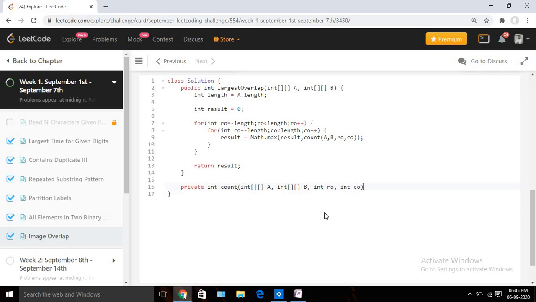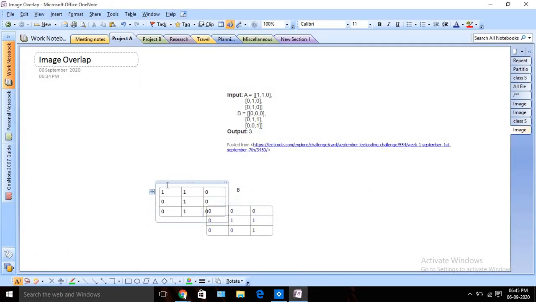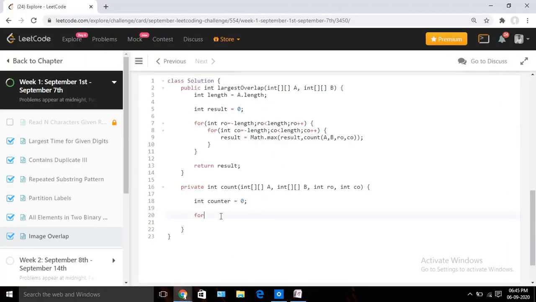Now I need another local variable to keep tracking the count, so let us name it counter, initially 0. Now I need to iterate over the A and B arrays and check whether the actual values match or not. So again I need 2 more for loops. Let us name it int r.